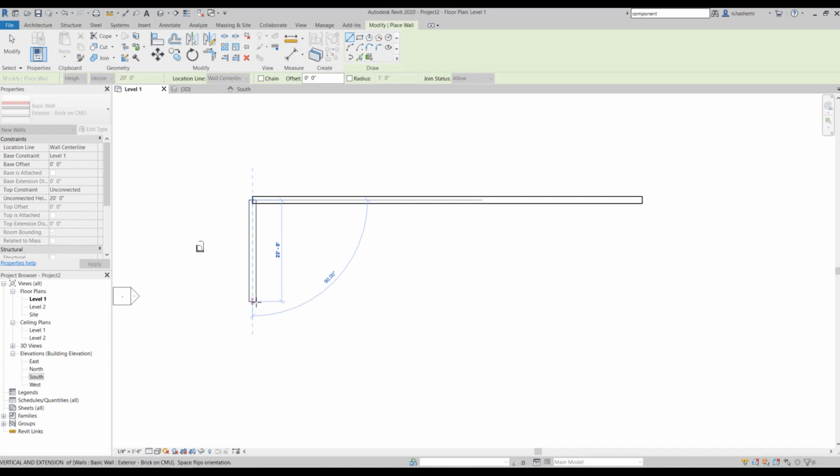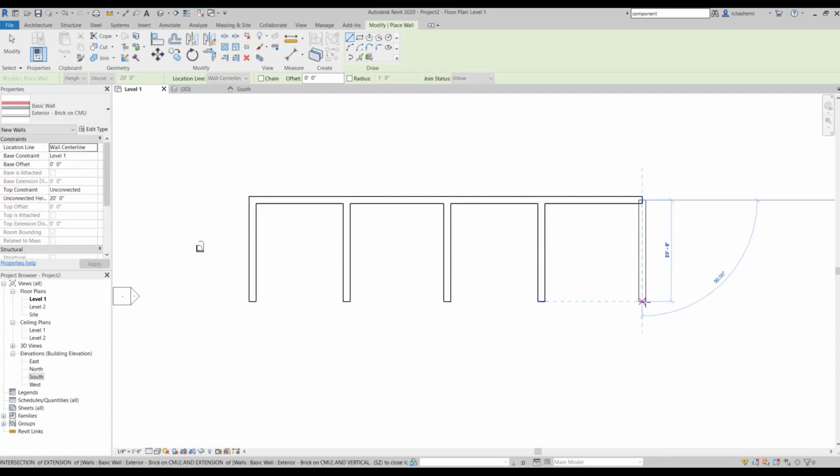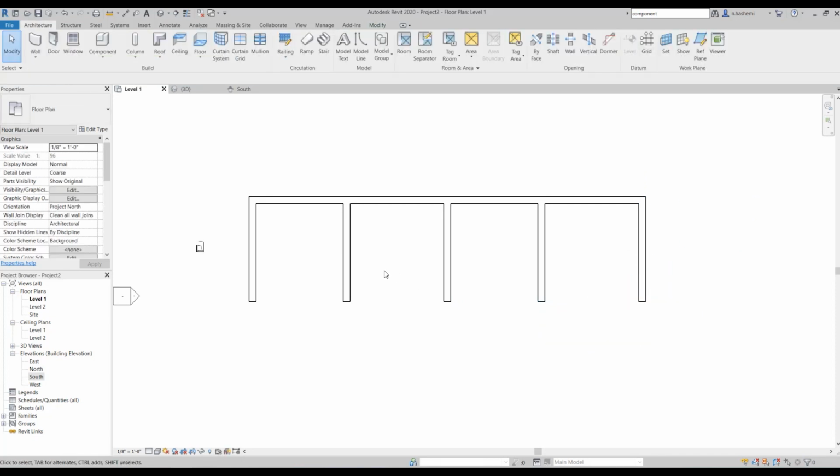So for example, we have offices 1, 2, 3, and 4 over here.